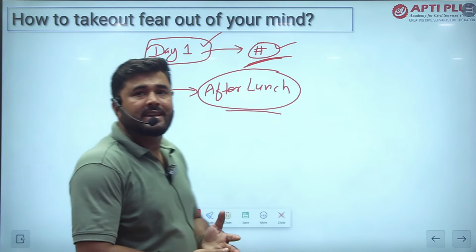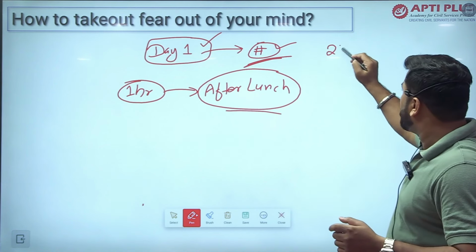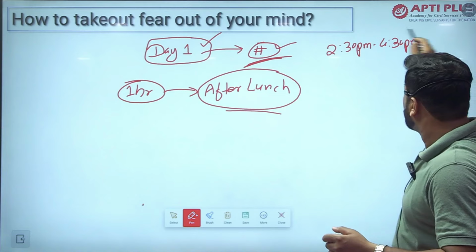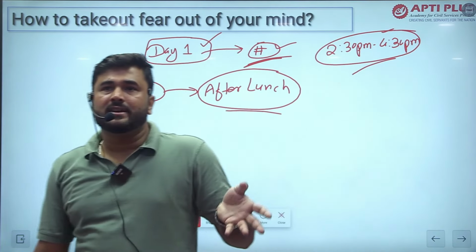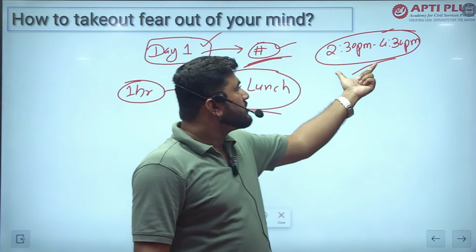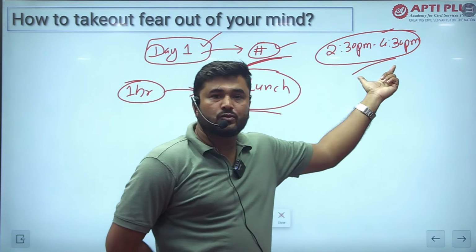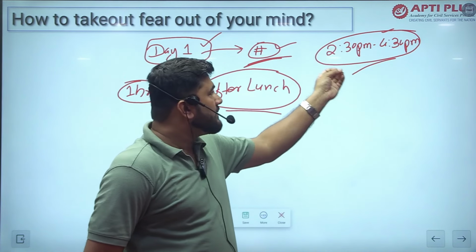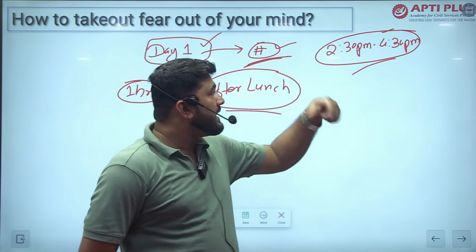Now why am I saying this? Because your UPSC CSAT timing will be approximately 2:30 to 4:30. Your Paper 1 GS will be around 9:30 to 11:30, and your Paper 2 CSAT will be at this time, 2:30 to 4:30. So whenever you are giving the UPSC prelims paper, on exam day you are almost tired in that paper also. After the lunch break, you need a proper mindset that you have to give the CSAT paper.